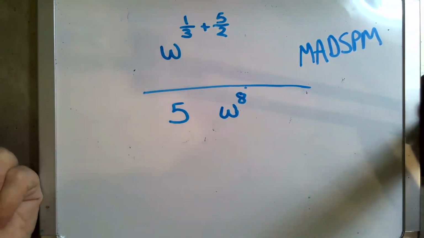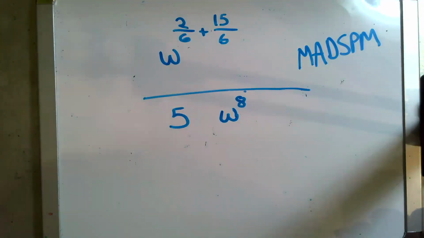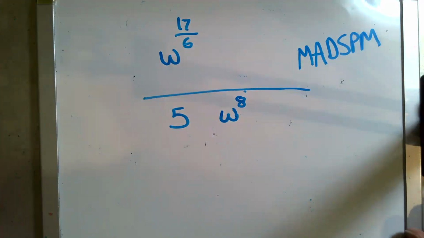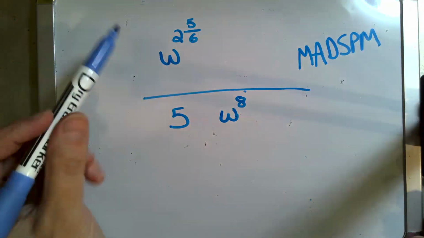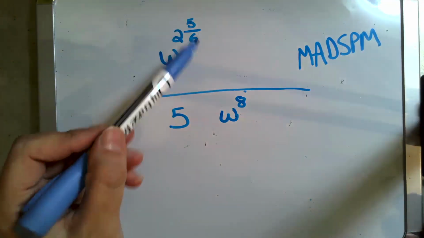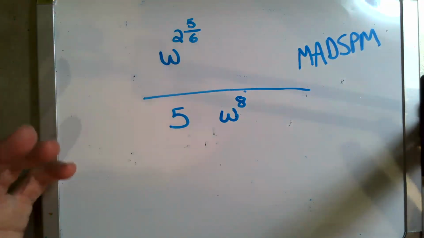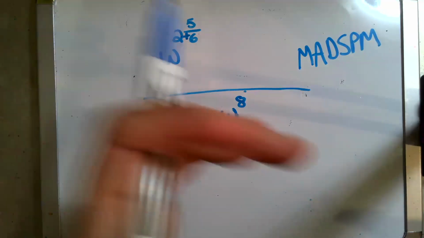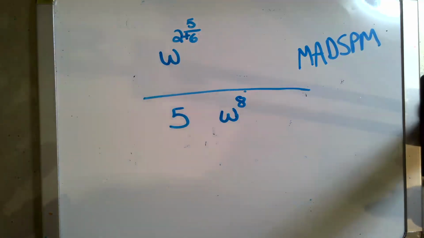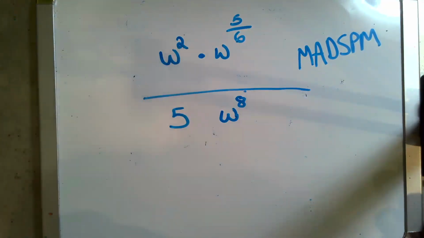I need a common denominator. Everybody take a second and meet me there. Is that what everybody got? Excellent. Let's add those. Everybody still there? Excellent. Now, let's write this not as an improper fraction, but as a mixed number. Did everybody get w to the 2 5/6? Excellent. So then let's remember that now we go in the opposite direction. This is 2 plus 5/6, right? 2 and 5/6, which means I can spread this out and make it w squared times w to the 5/6,